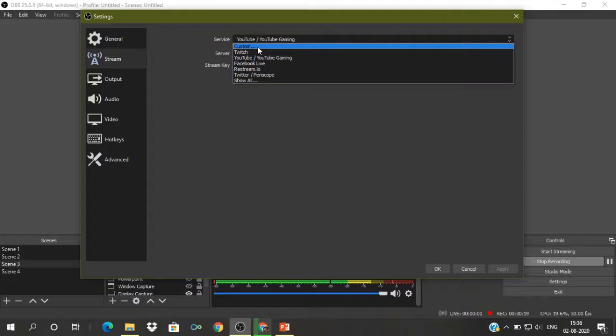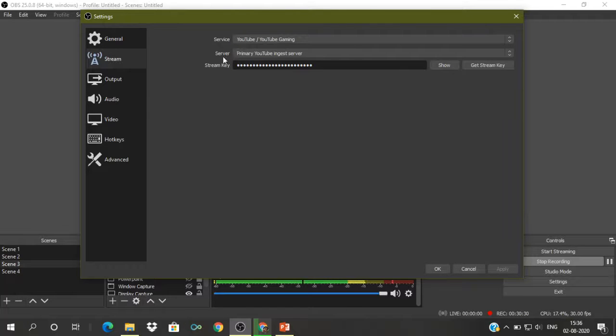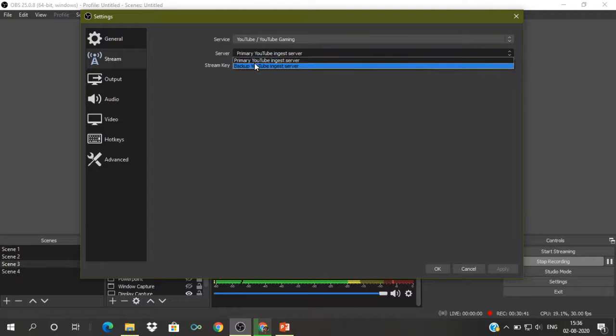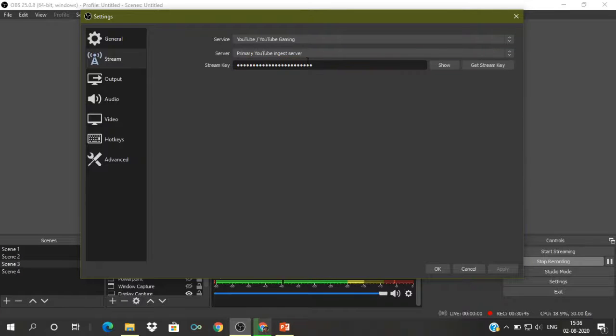If your service is not given, you click on custom, or if it is given, like YouTube Gaming, so YouTube is given, and then you choose your server. If it is custom, then you have to write the server also, but here you can select the server because it is already a preloaded service. So you choose primary YouTube ingest server, and then you just paste that